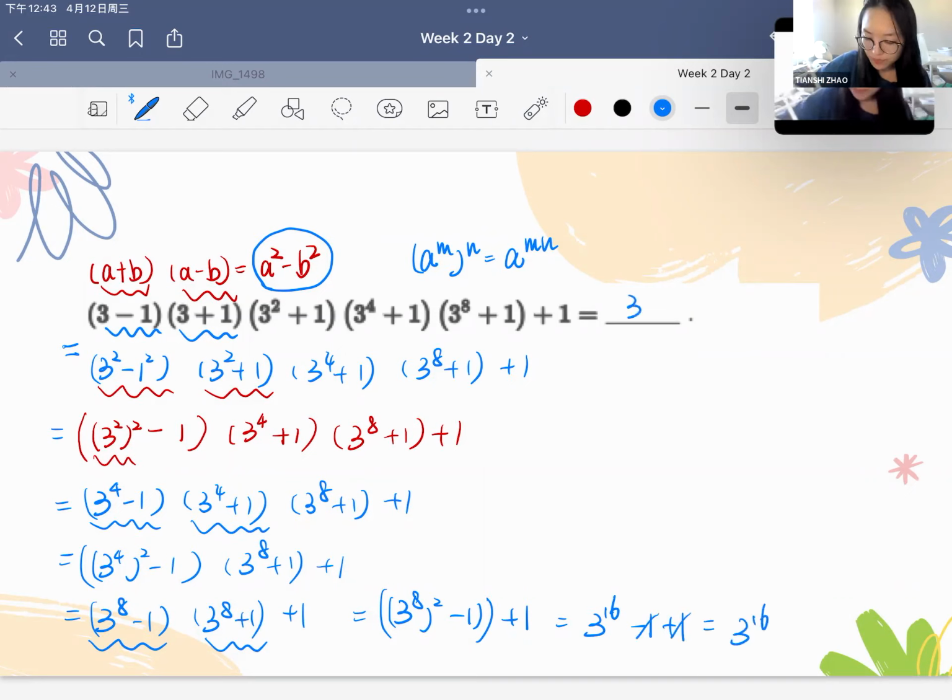So this question requires us to know the difference of squares formula, and also we can utilize the formula flexibly and use the power rule. So this question is super interesting, and if you have no idea about the question before, definitely take notes and do it by yourself. Okay, so let's talk about the last question, which is an AMC 10 level question, and